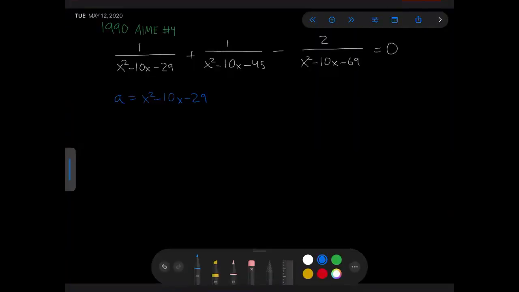All right. So like I said earlier, our substitution is a equals x squared minus 10x minus 29. And if we apply this substitution to all of our terms, we get 1 over a plus 1 over a minus 16, because we have a 45 instead of a 29. And then minus